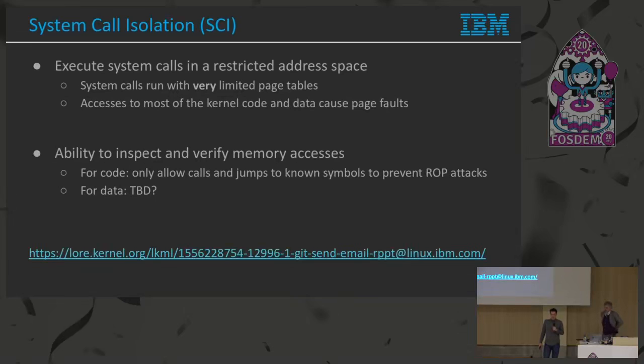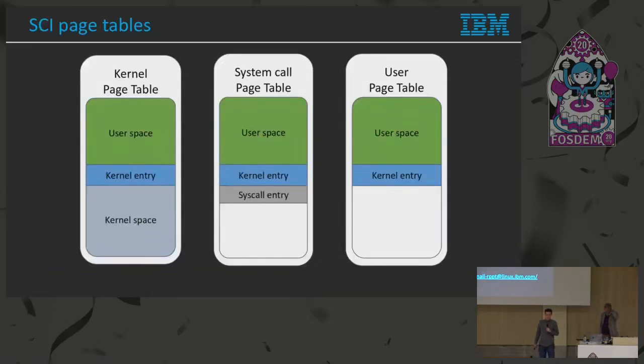And the only thing user space page tables contain are the code necessary to jump into the system call or the interrupt handler. We thought that probably it would make sense to extend this a bit and to make system call execution inside the Linux kernel also use some very minimalistic page table and then map required pages on